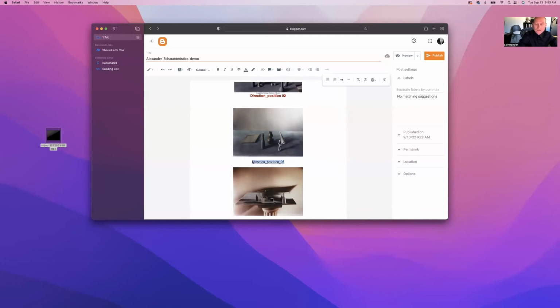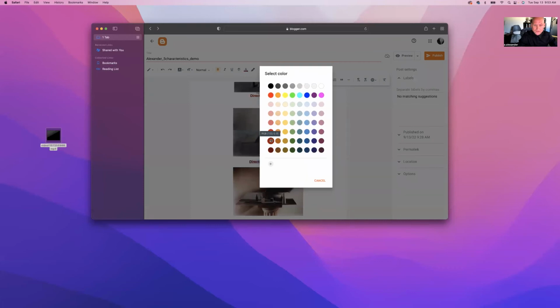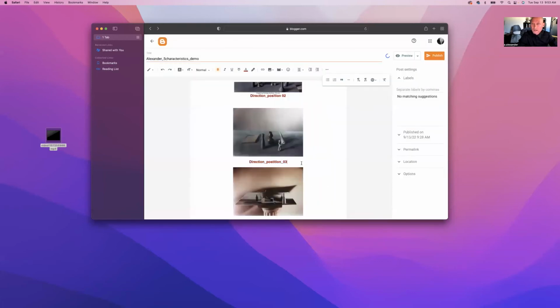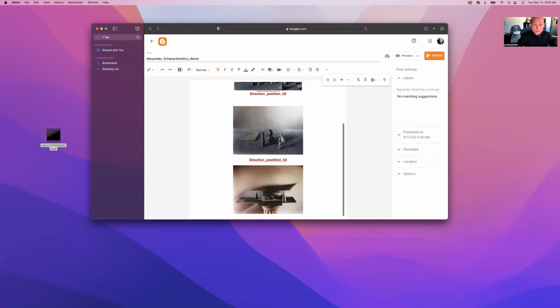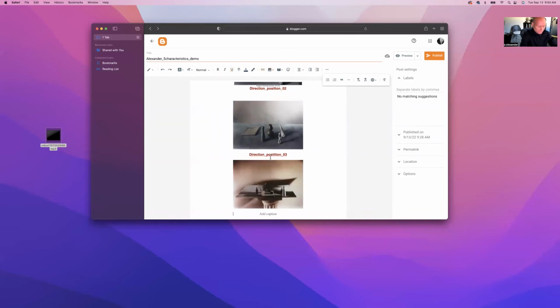Why am I doing underscores? When you're typing text on a computer, especially in computer software, it's good to get into the habit of using underscores instead of spaces. It's just a convention that works so that the computer does not mistake a space for something else. So once more, I'm going to type in here, add the caption,